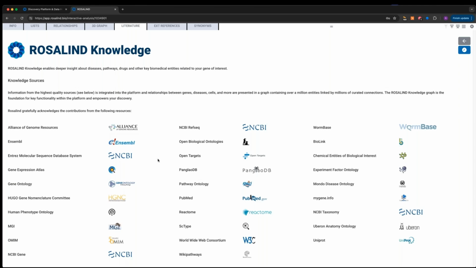And so all of this can be directly accessed in the Rosalind platform through this knowledge tab here at the bottom. So this is the foundation of everything we do. You may not see it at all times, but it's always there. It's always informing your analysis and guiding you to get that interpretation, in this case, for pathway analysis. So there's 3 minutes left. I think I'll pause for some questions, but thank you all for listening.